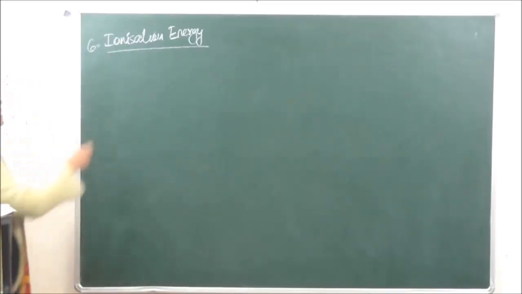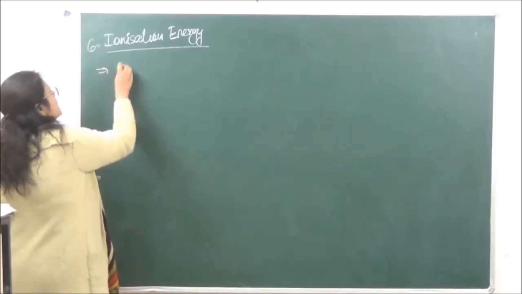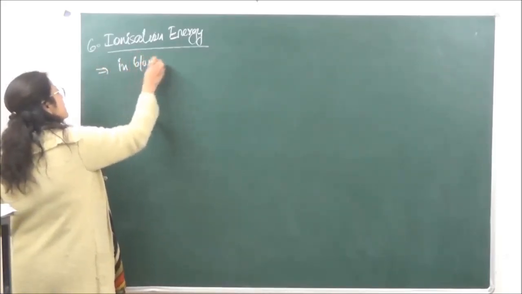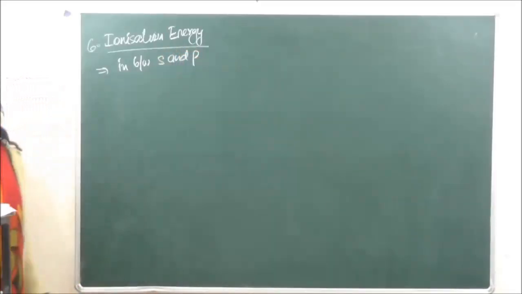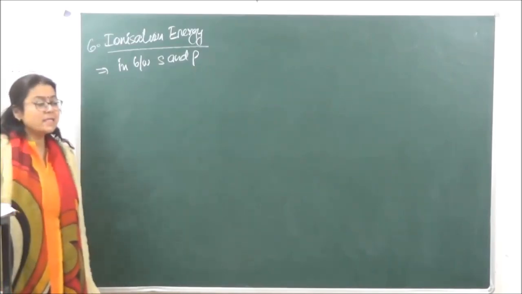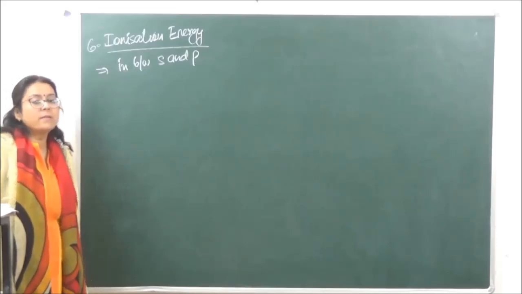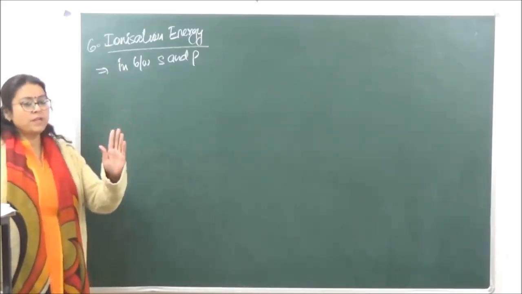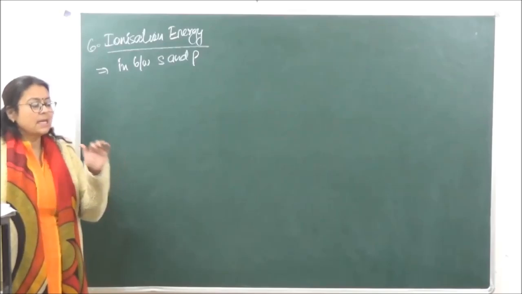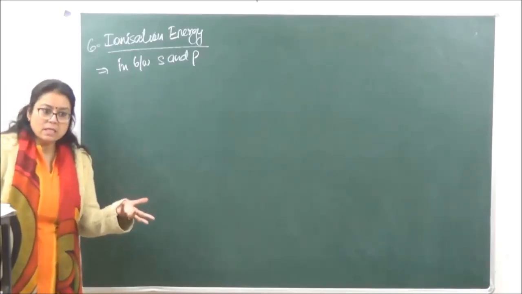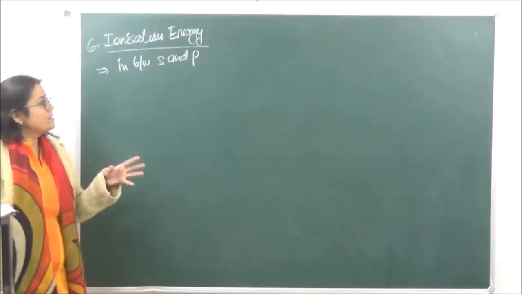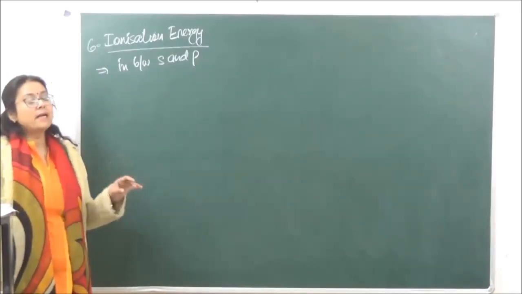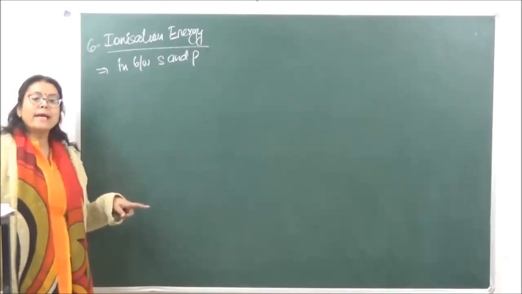So when we talk of ionization energies of the d block, it is in between s and p. Okay, which means it is going to be higher than s, but it is going to be lower than p. You know, when you are traveling along a period, what is happening? The size is decreasing, therefore ionization energy should increase. So as the d block elements come in the center, they are going to have ionization energies higher than s, but lower than p.